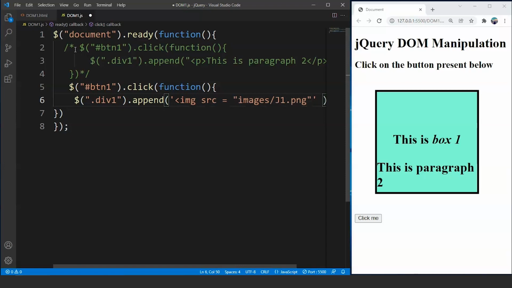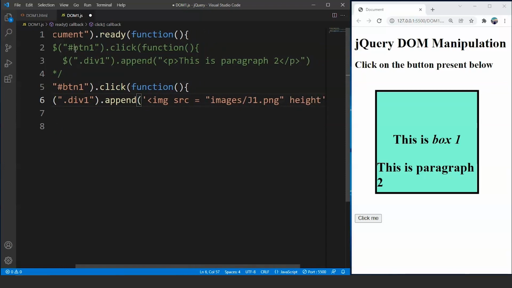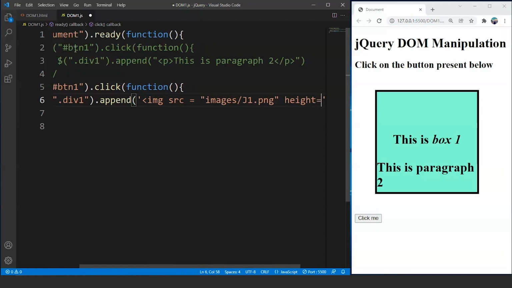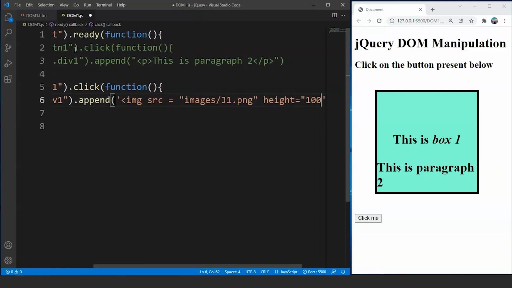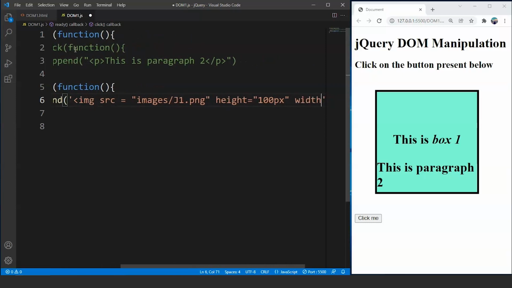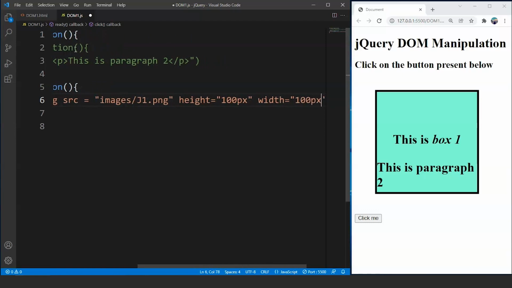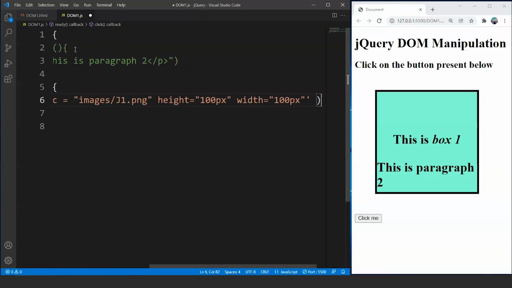Then we'll write here height. Let's define the height and width as well. So we'll define the height as, let's say, 100 pixels, and we'll write here width equals to 100 pixels. Fine. So here's our code. Now we have to close this image tag over here. So we are done with it.